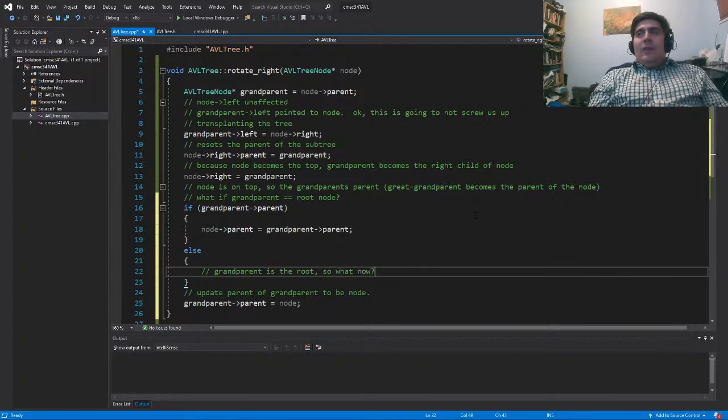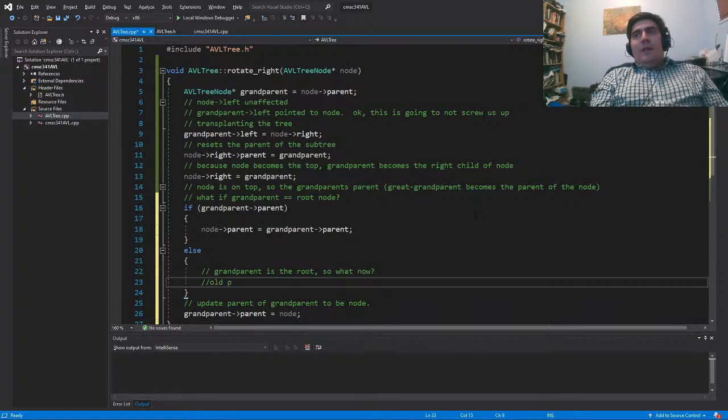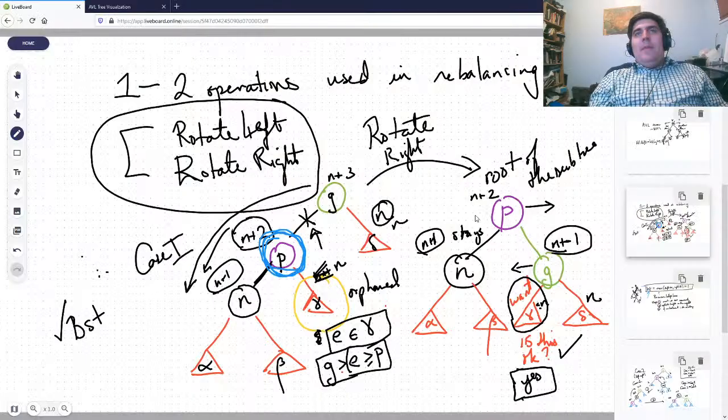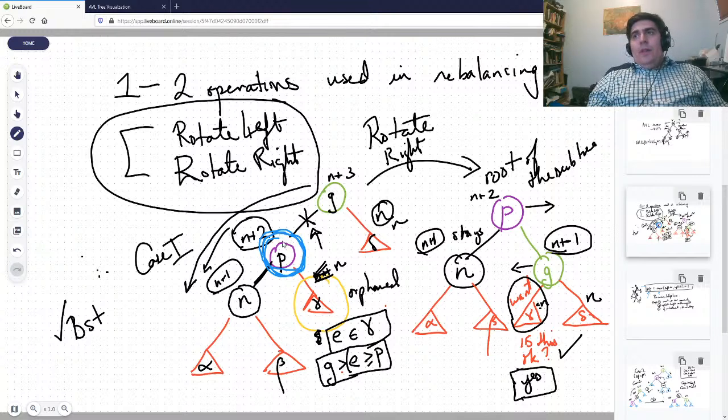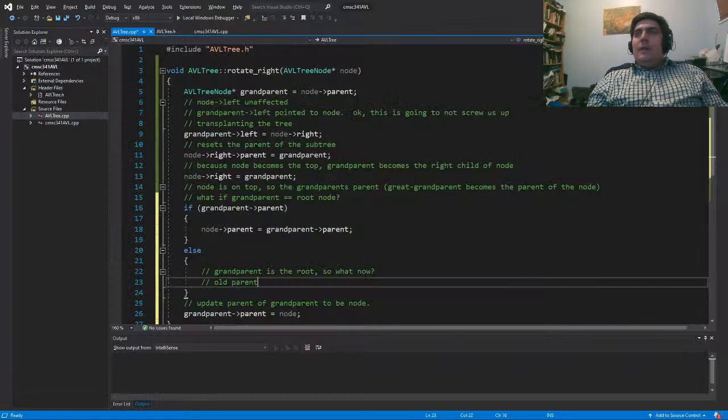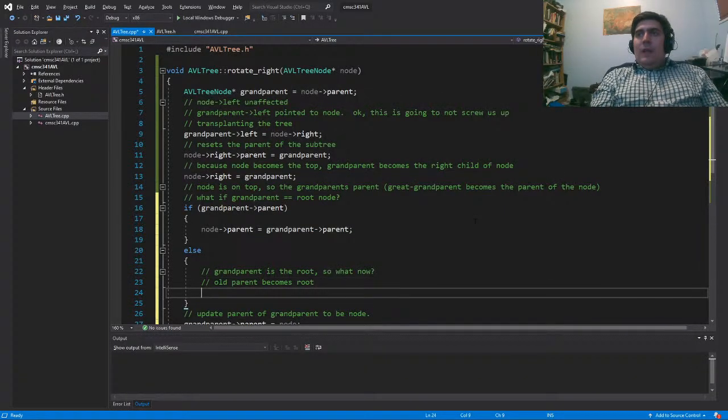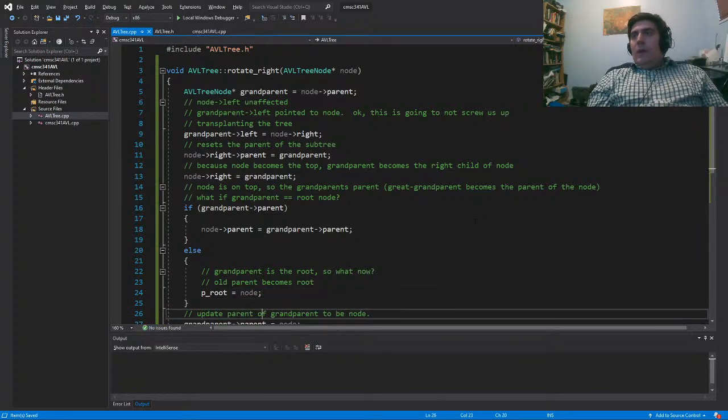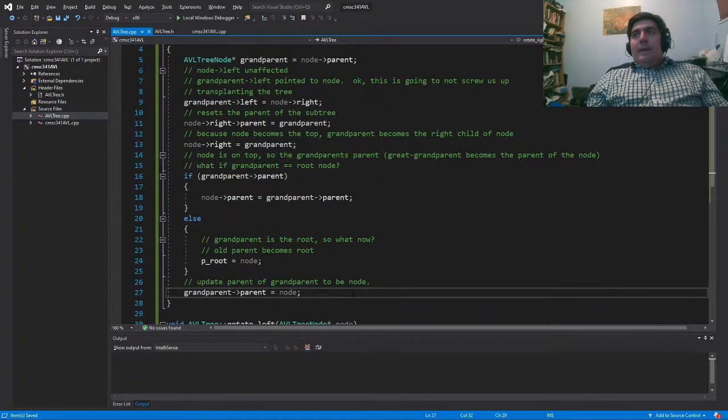So what now? The answer is that the old parent becomes the root, because if you notice what's happening here, the old parent in purple is moving up to the top. So if G is the root of the tree, then we need to update the root of the tree to be P. So P root is equal to